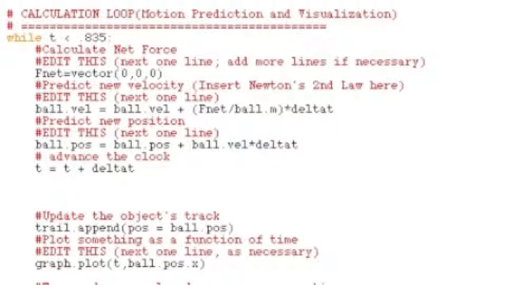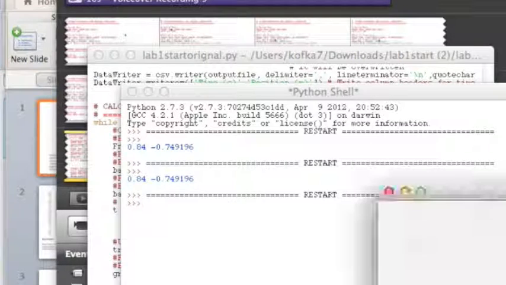Under calculation loop, a constant velocity motion can be predicted. First, the t-value was changed to the last frame in my own video. Then the net force vector was changed to 0, 0, 0. This is because the ball was moving at a constant velocity. Next, we had to insert Newton's second law here so that the velocity could be predicted. Same thing here except for the position. Now when we run Python, we were able to see exactly what the ball should do when traveling at a